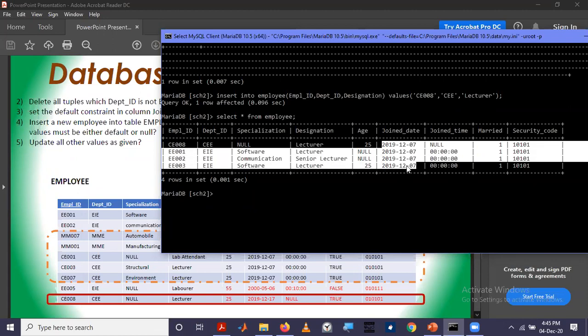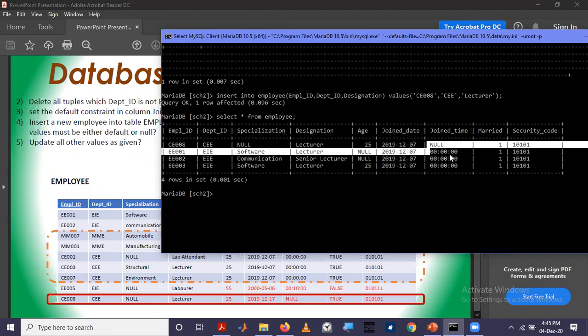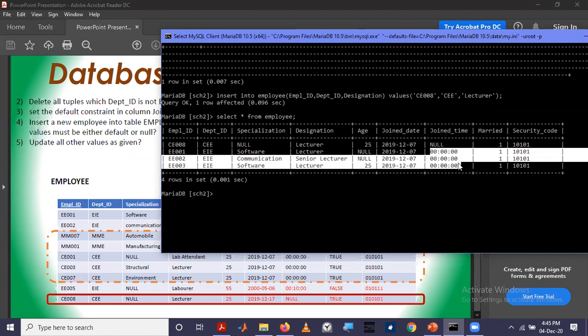The domain constraint, that means the data type, affects even existing data. You cannot change the data type by violating the existing data. But for the default constraint, the existing data is not considered. That's why still this is 0.